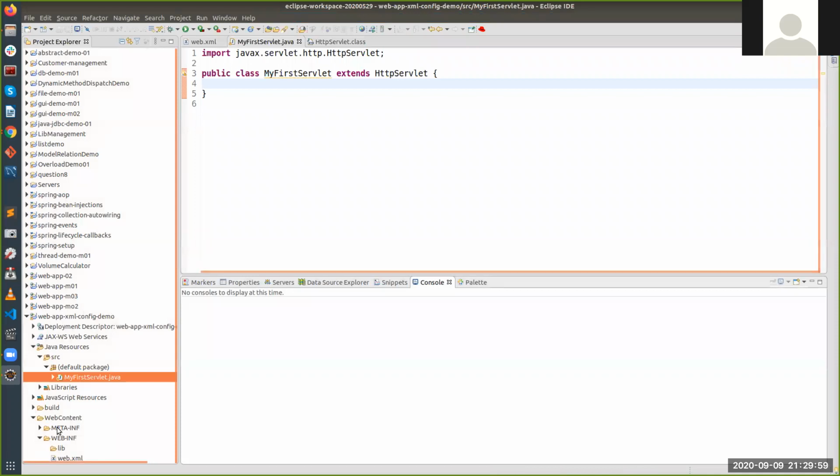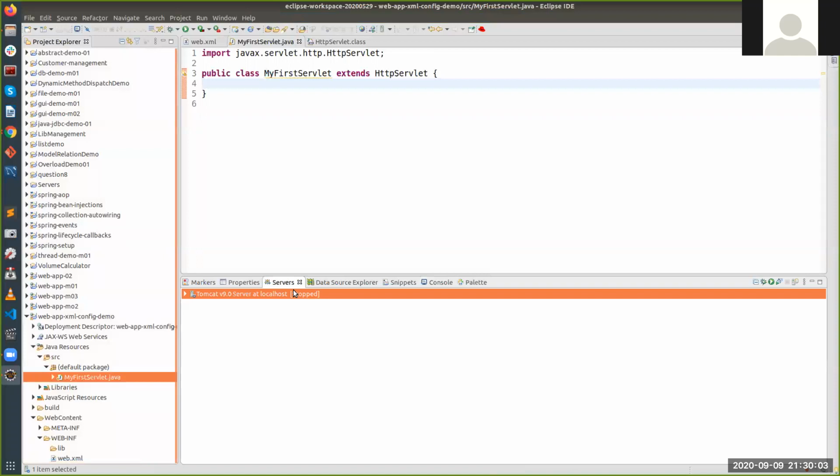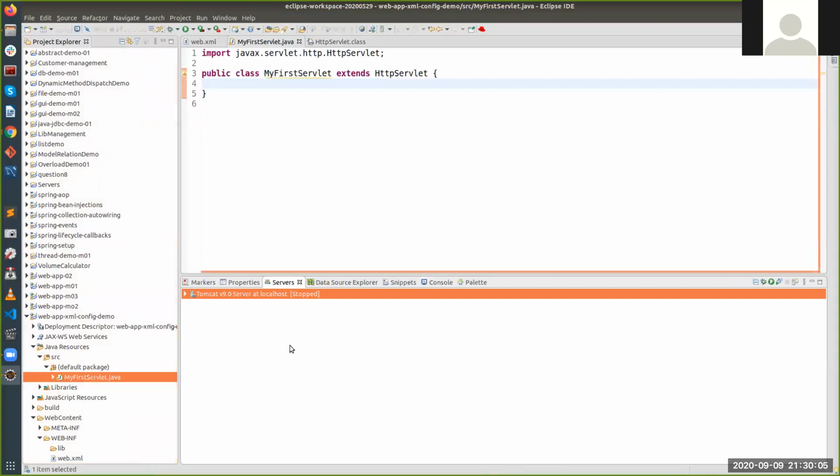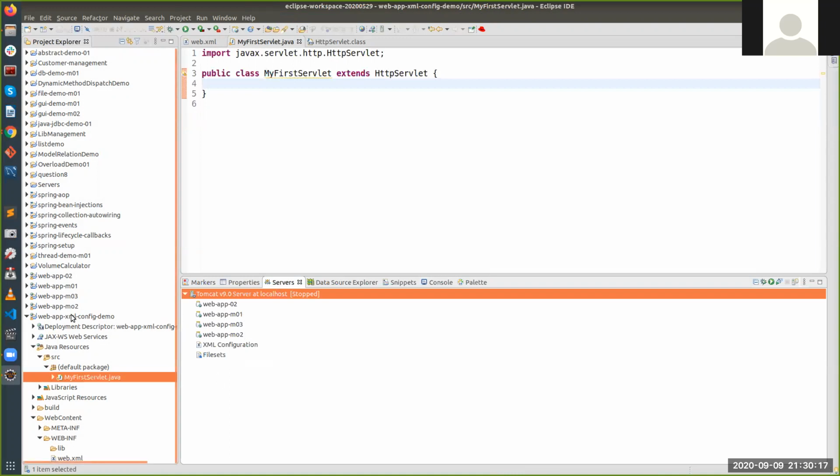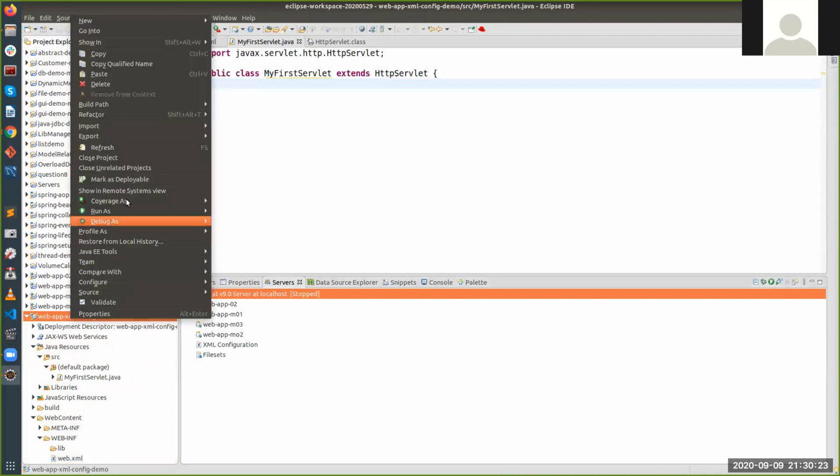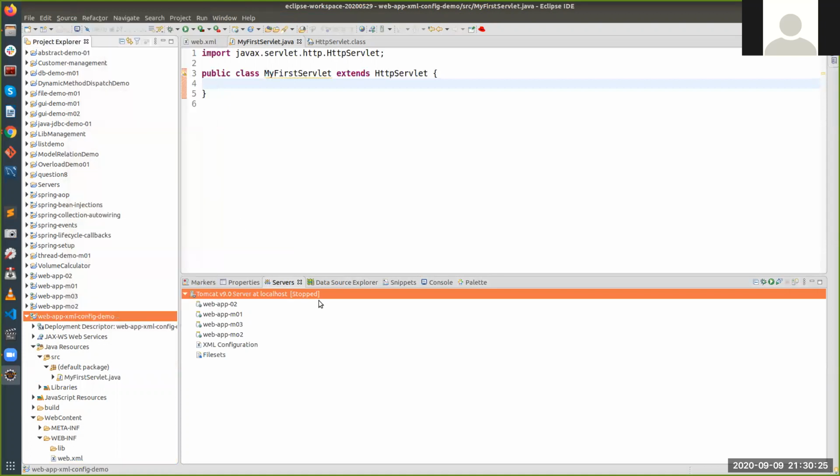So now this project is right now on my hard disk. This is not in a server, and I have added one server in my project, right? Now, how can you add this server? I'll tell you that shortly while we end our class. So this server is already there in my system and there are a lot of applications, so I will also deploy this application. So how to add this project into your server? I'll right click on this project, run as, run on server.